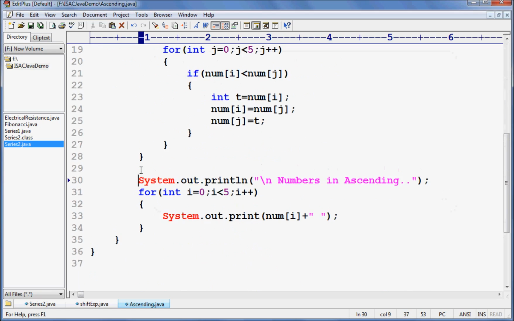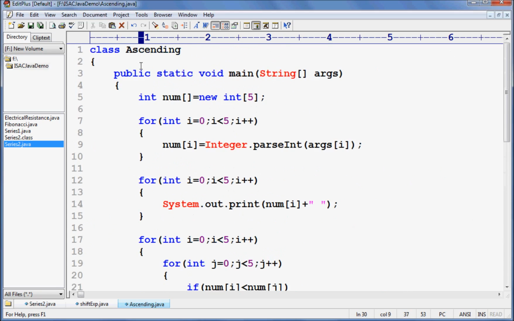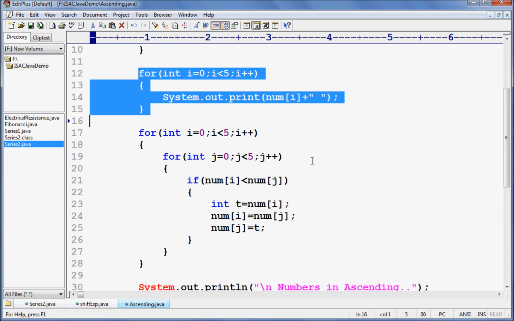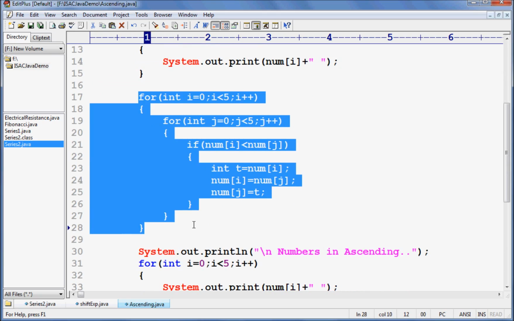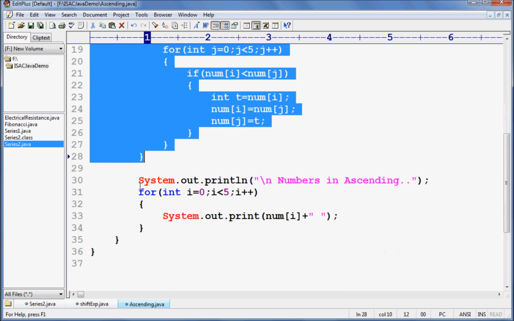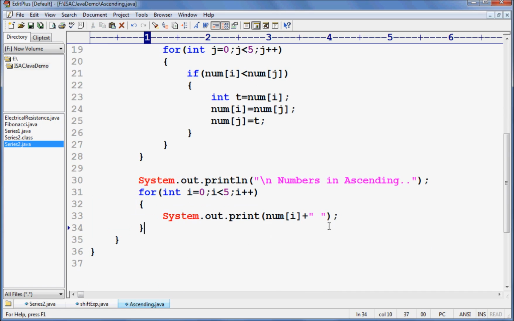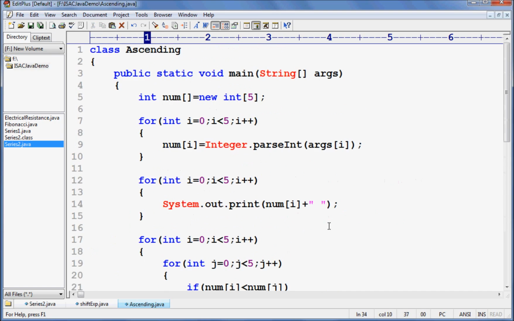So you understood this whole code. Here I'm just taking input, displaying all the num values. Here we are trying to make all the elements in ascending order, and this time we are just printing all the elements of the array, right? Well,